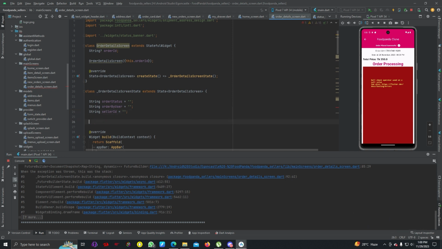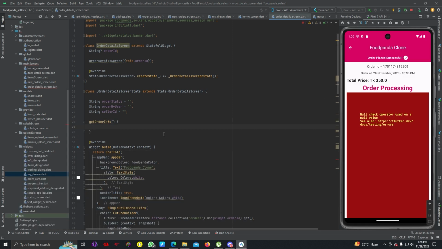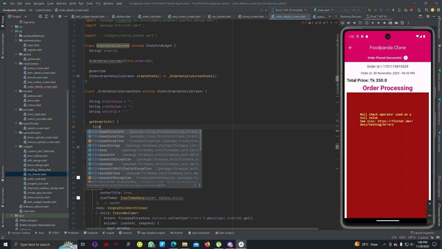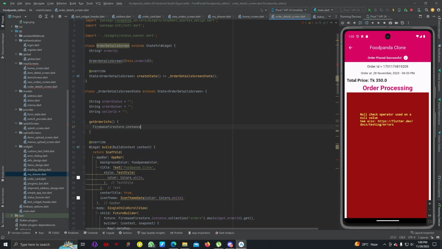So we can add a function called get order info, and we can write firebase firestore dot instance dot collection orders dot doc widget dot order id dot get dot then